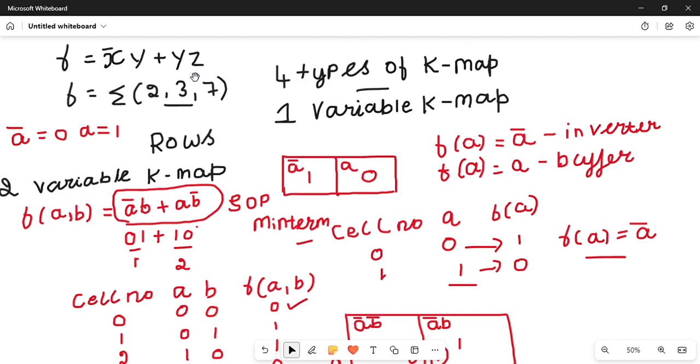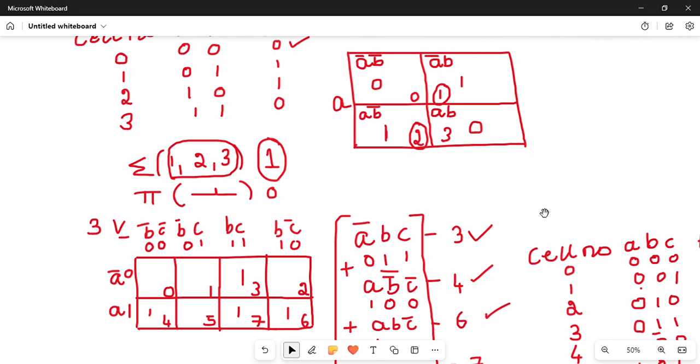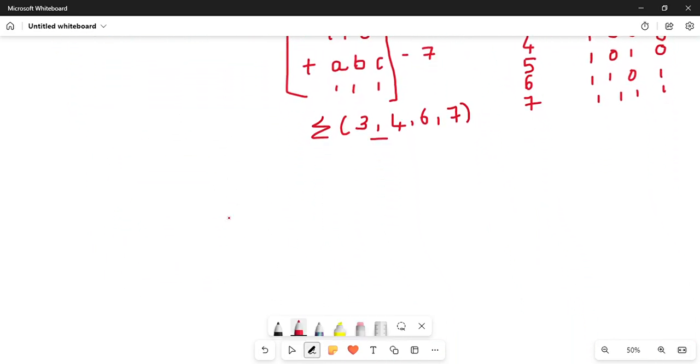So if I come to the 4 variable K map, the very last variable K map, a 4 variable K map is nothing but you have how many rows and how many cells. So you have it is nothing but